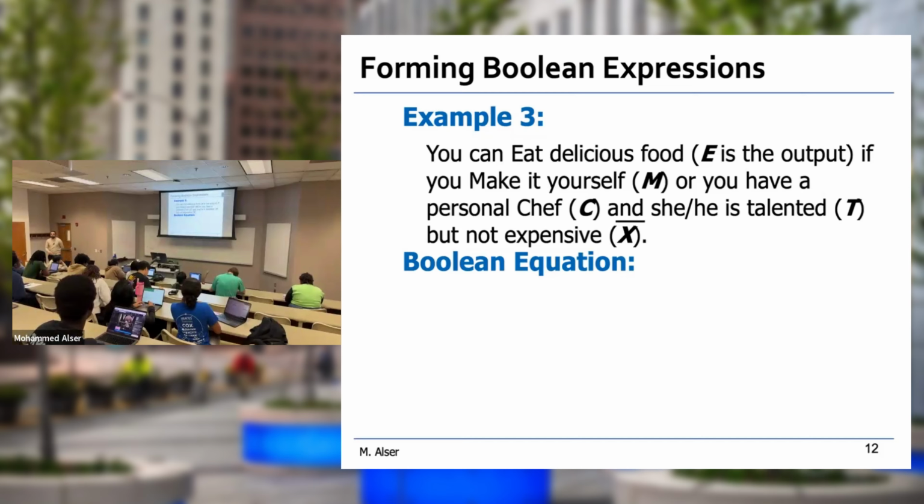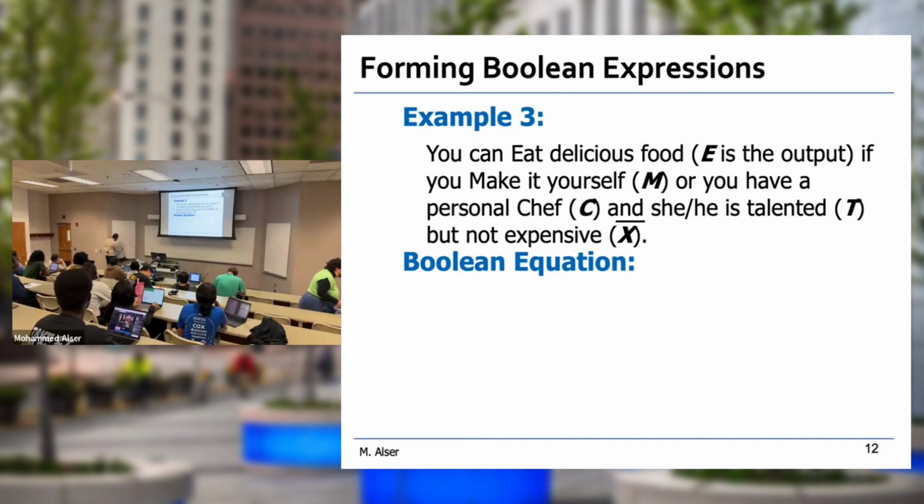So how could we interpret this as an equation? E equals m plus C T Z. Plus, excellent. Why plus? Because when you have the or, whenever there's an or, directly plus. And it makes sense because when you substitute with logic values like 0 or 1, you will see that the or will make either this satisfied or that satisfied. Okay? And then